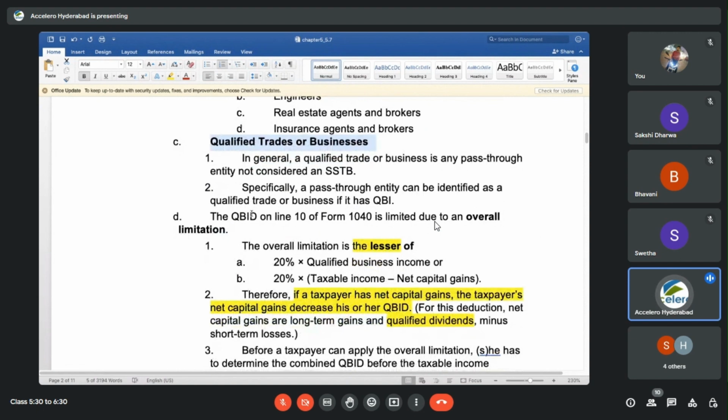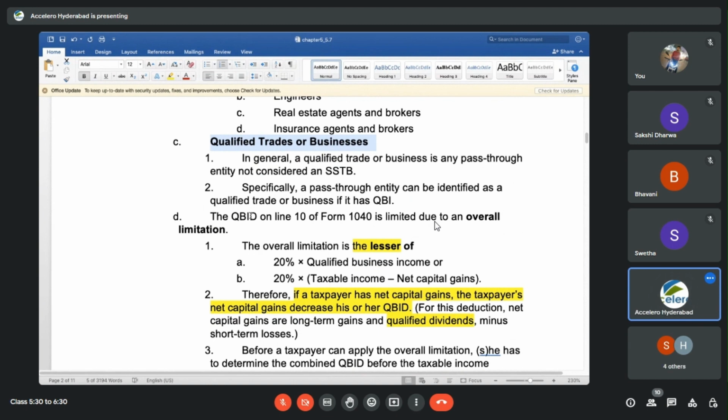How to calculate the deduction now? Typically, we need to remember that 20% is what you just take of the income. If S corporation income is $100,000, 20% of that, $20,000, can be taken as a deduction. That's a very, very straightforward rule, on the face of it. But obviously, there are going to be ifs and buts there. If the person is having capital gains income, then we have to do some calculations